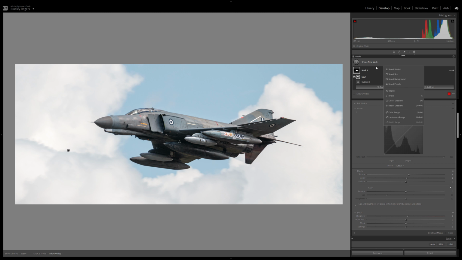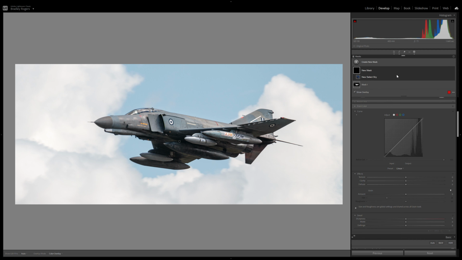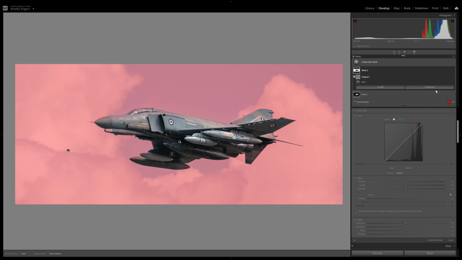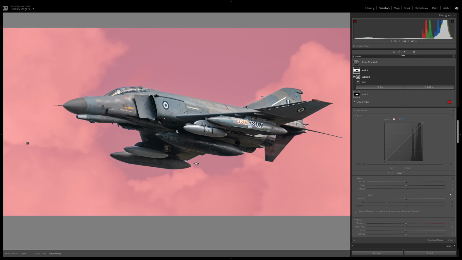So what we're doing in the masking is actually breaking the constituent parts of the image up. So I'm now going to treat the sky differently from the jet, in the same way I've just treated the jet differently from the sky. So let's make a mask for the sky. And now what we might find is we'll bleed into the subject a little bit. So I'm actually going to subtract that from the subject now. And because we've worked in the reverse, actually see